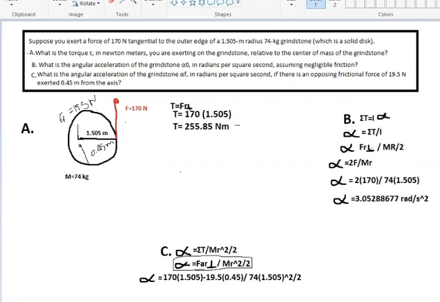And this will overall get you the answer of, wait a minute. Okay, now that I have the right color, after doing this equation and typing this in your calculator, this would get you